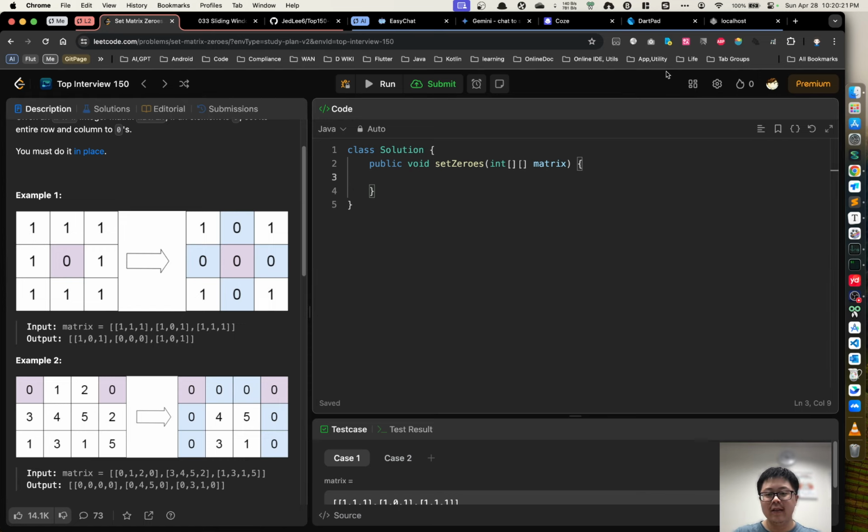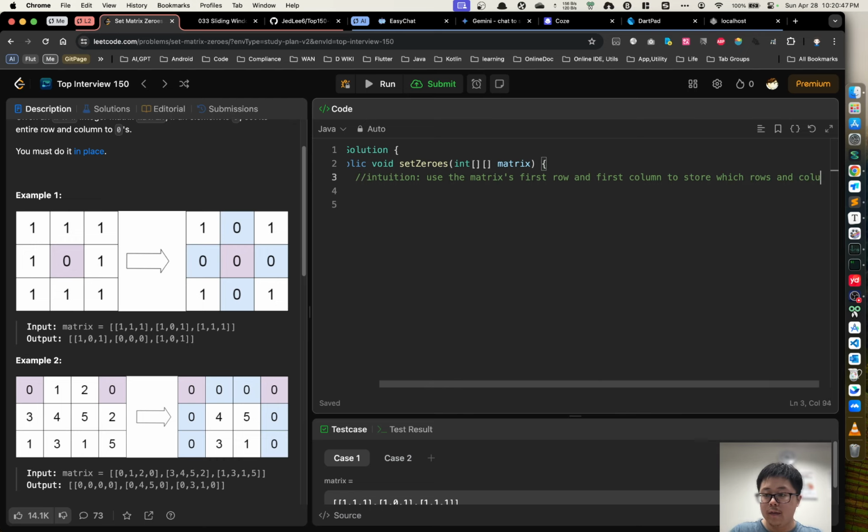Then, let's get started with our intuition to solve the problem. So, the key point is, we'll use the matrix's first row and first column to store which rows and columns should be 0. And there are 4 detailed steps